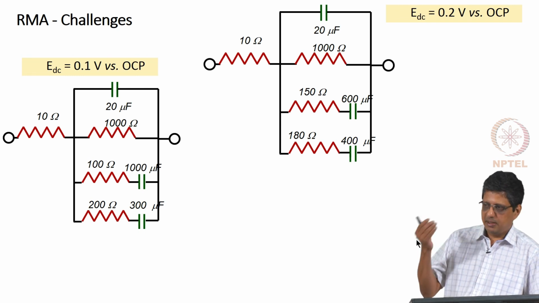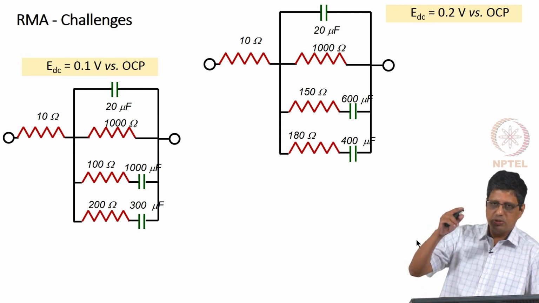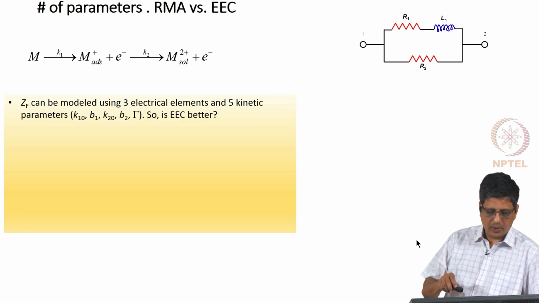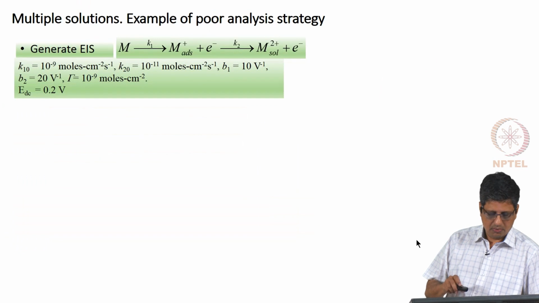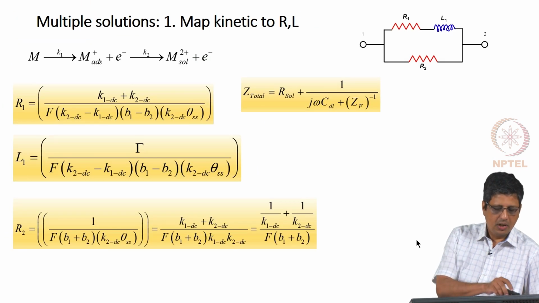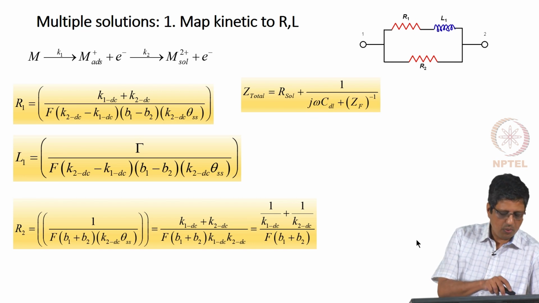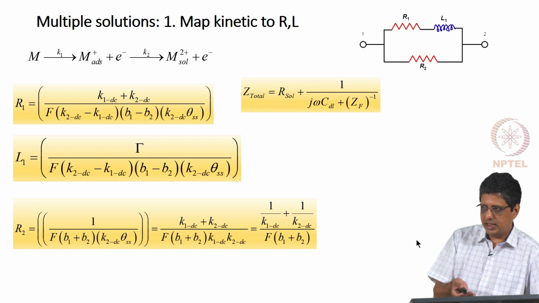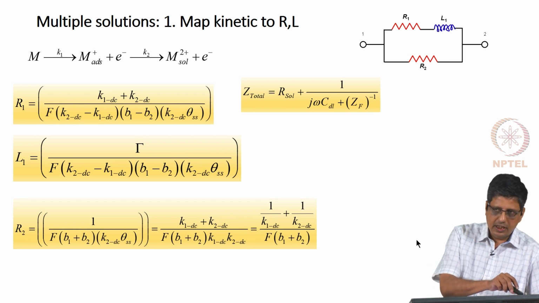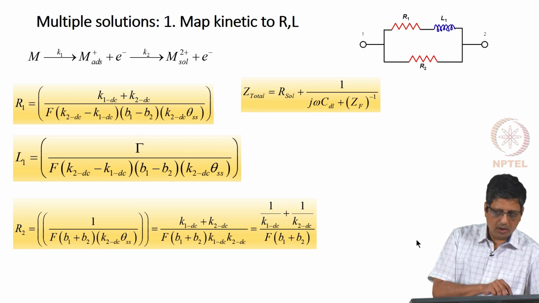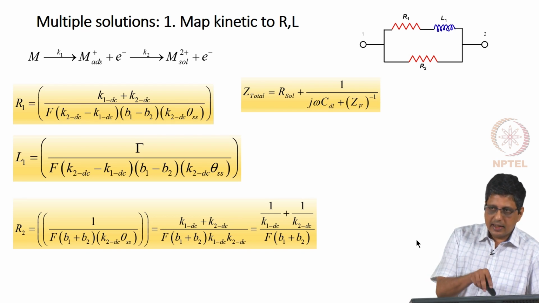When I map the kinetic parameters, K10 B1, K20 B2 are related in a particular way. For example, R1 can be obtained from K10 B1, K20 B2 for a given DC. For L1 or C1, I will have an equivalent relationship. That means I need to know what R1, L1, R0, R2, L2 or C2 are, and then fit the values